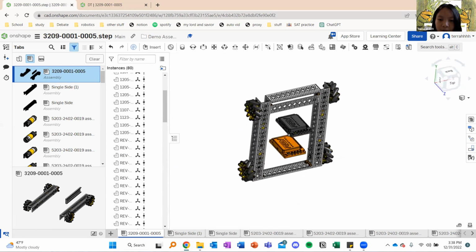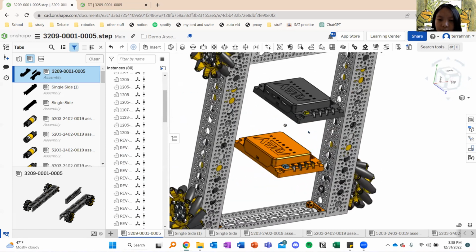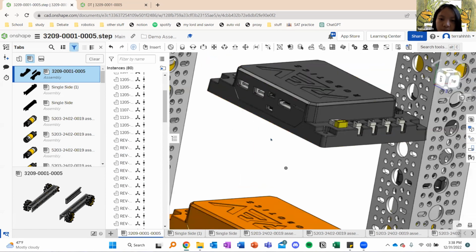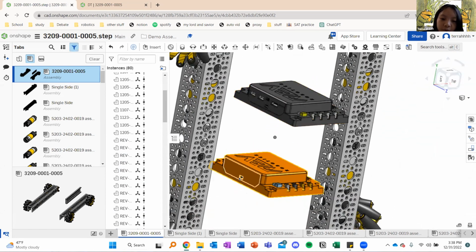Okay. So notice how this hub has way more, these are USB ports. Notice how it has way more ports than this hub. So that means this is the control hub, since it usually has more USB ports, and this is the expansion